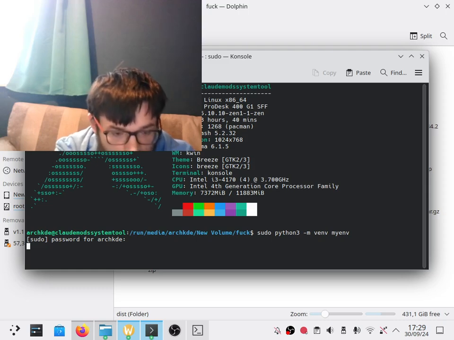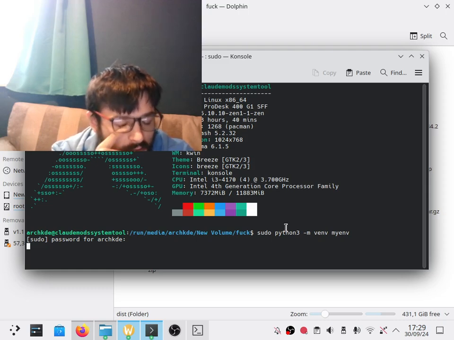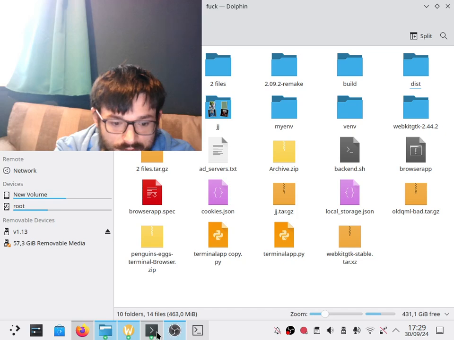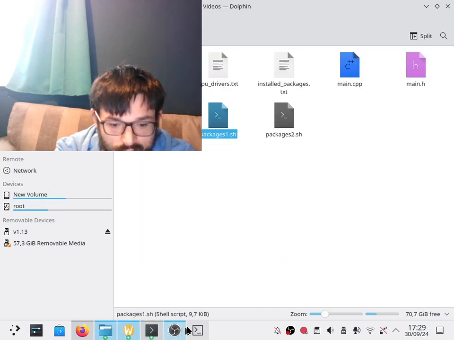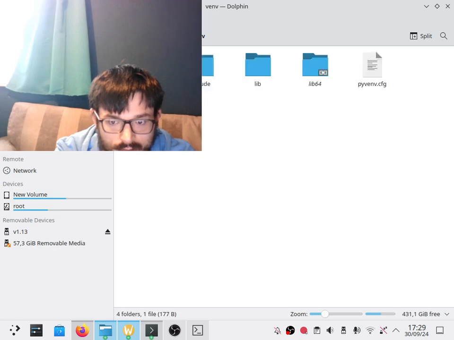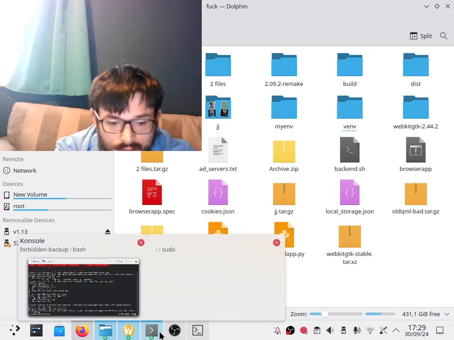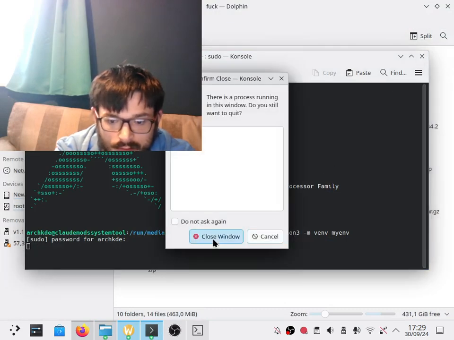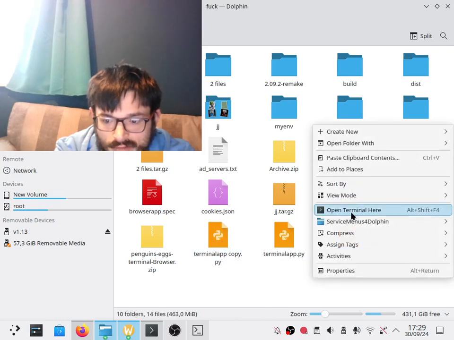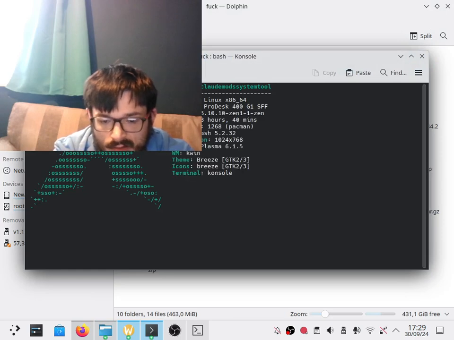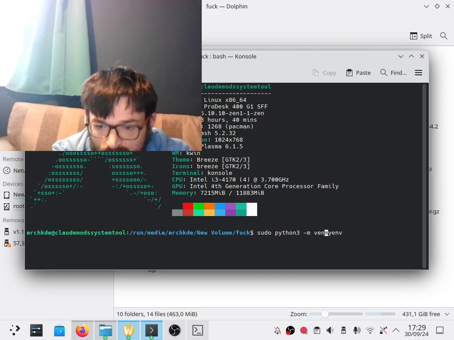I don't know what this is doing, but there is that file there, and it might not be my env, it might be env, or it might be generating an env. VNV my env, what? Which don't help because